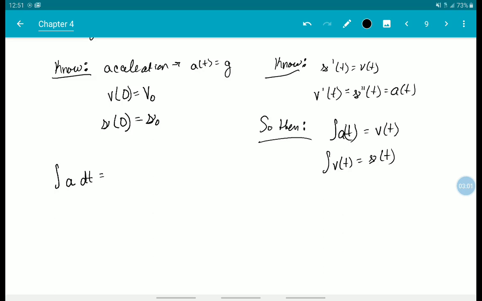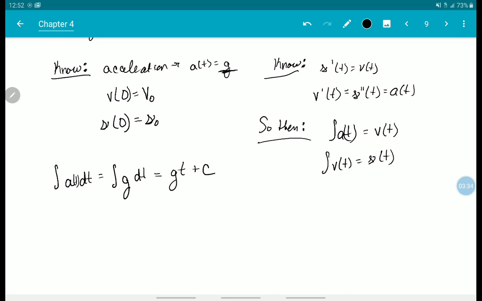So if we integrate acceleration, remember our acceleration is this constant number G. We're integrating G, and we're going to get G times T, because remember, we're integrating with respect to time. This guy's just some number